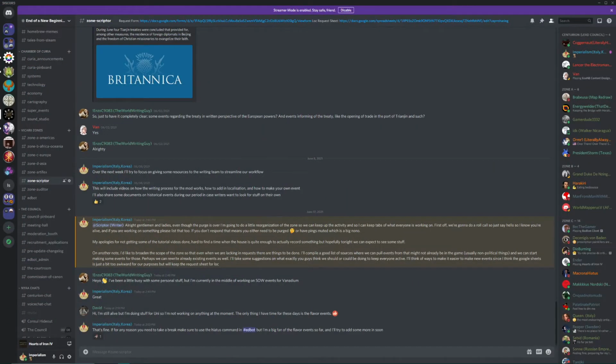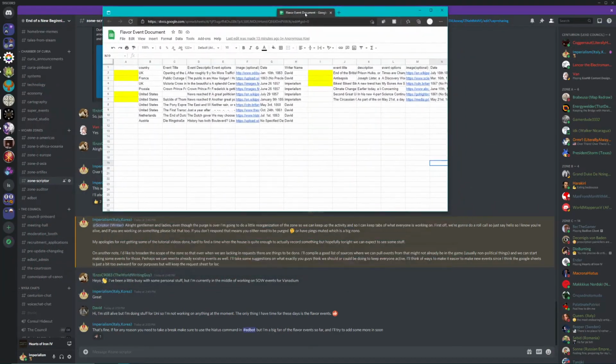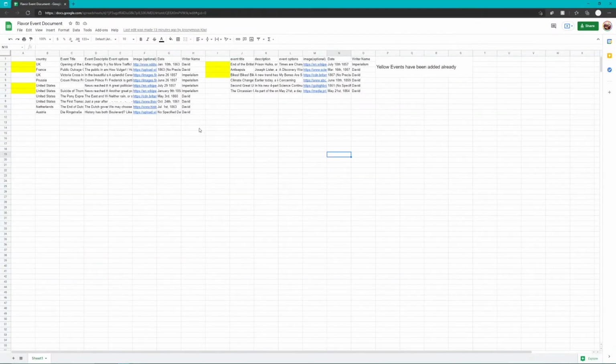Another thing that writers do, or can do, depending on what you're interested in, is flavor events. So we have a document for that as well. This isn't done through a Google form or anything. This is just where writers can come in. The left side here is country events, which are country-specific events, say, little flavor events that devs who work on these countries may not have time or even know about to